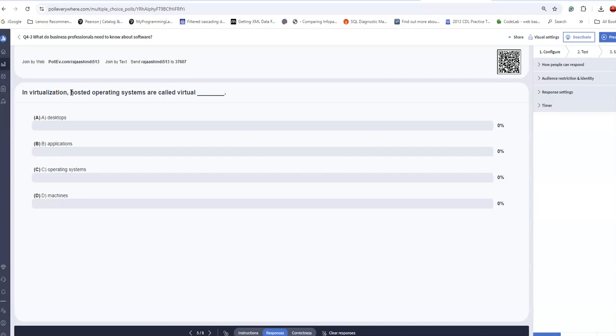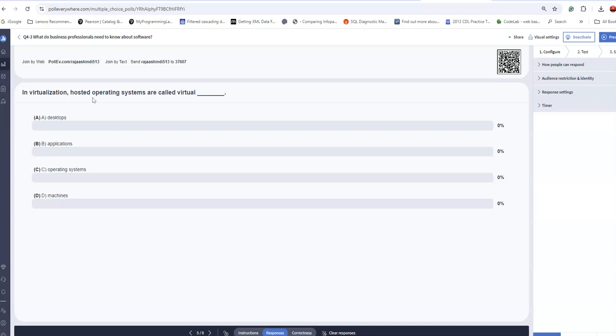Hosted operating systems are called virtual machines, the specific term we use when you install them. Let's say you have a desktop running Microsoft Windows 11 and you would like to install Android, or Linux, or any other operating system.